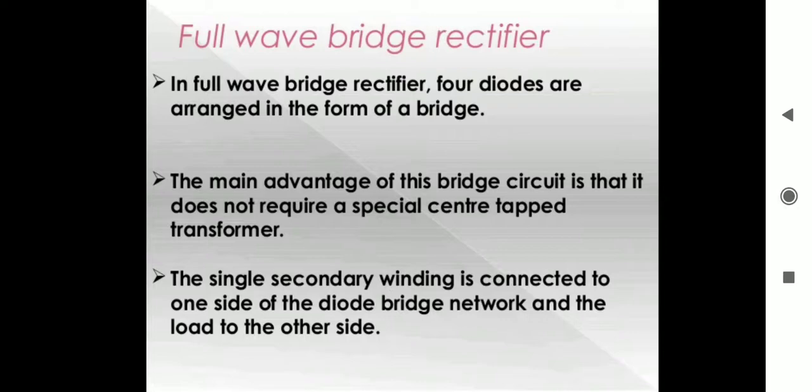The diode D2 at that instant is reverse biased, and the voltage across it is the sum of the maximum value of voltage developed by the lower half of the secondary winding and the voltage developed across the load. Hence the peak inverse voltage across the diode D2 is 2 Vm. You can say 2 Vm, right, or 2 Vm.